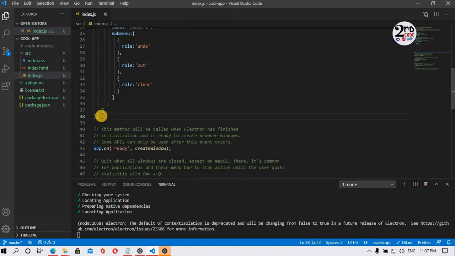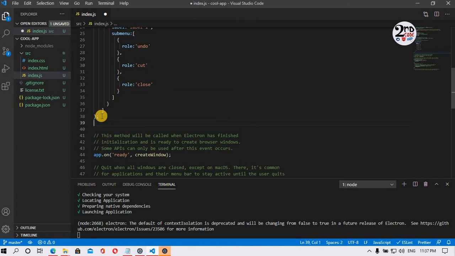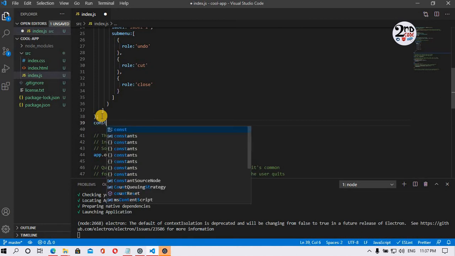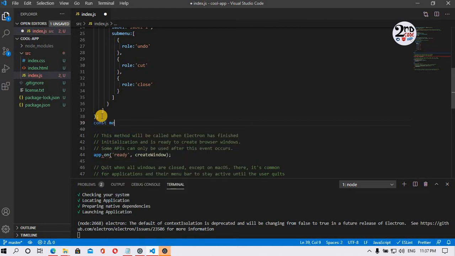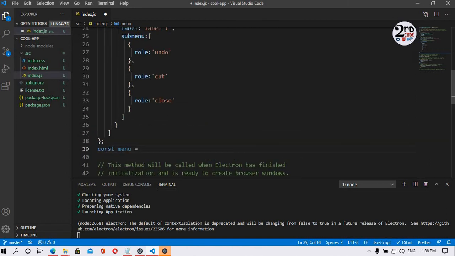Just below here, type const menu equal to, and I am increasing the size so you can see it clearly.